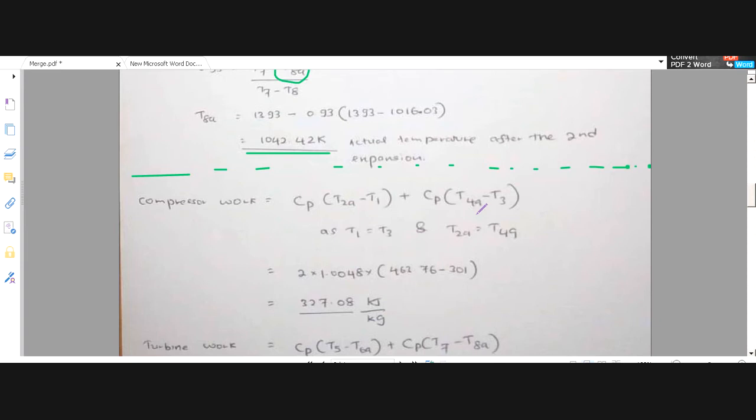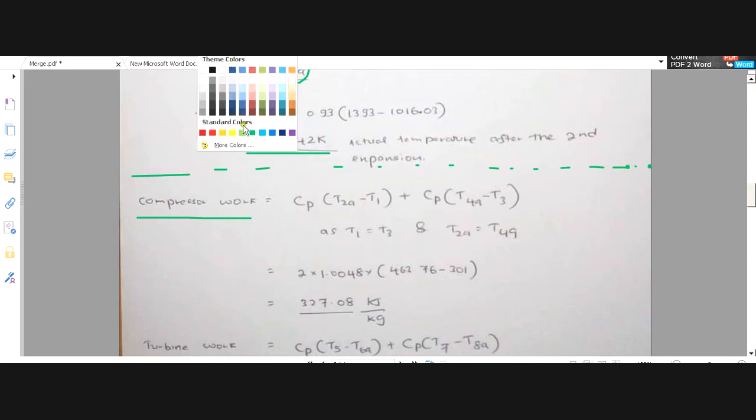Okay, so let's see. It's very easy now, because after evaluating all the necessary points, the only remaining thing is just to use the equation and find it. When you are going to evaluate the compressor work, the only thing you have to do is just use the formula and do it. So now let me teach you something.